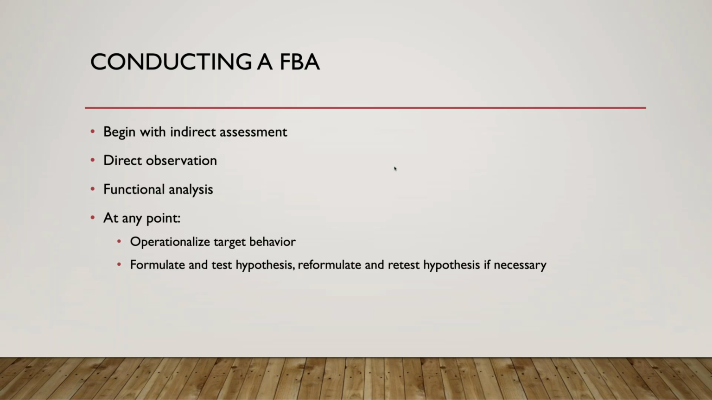A lot of the time for us, between an indirect assessment and a direct observation, if everything's lining up and we have all the information that we need, we can stop there. If we don't have all the information that we need, then we keep going and do more of a functional analysis to see if we can test a hypothesis. Generally it goes indirect assessment, direct observation, functional analysis. At any point, if we can operationalize the target behavior, formulate and test a hypothesis, and then reformulate and retest the hypothesis if we need to,